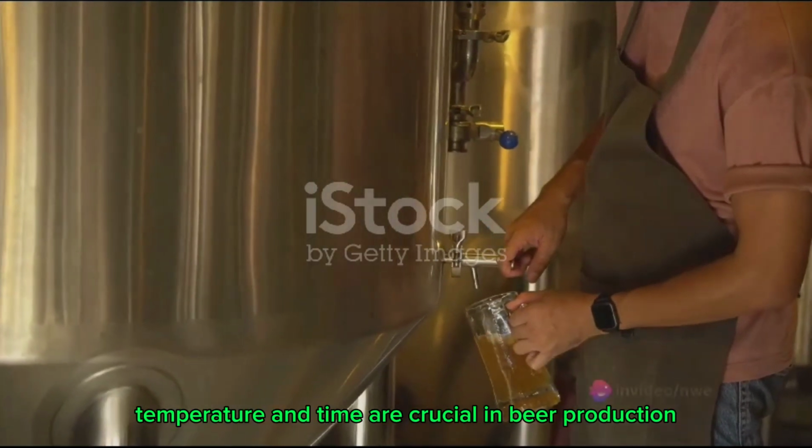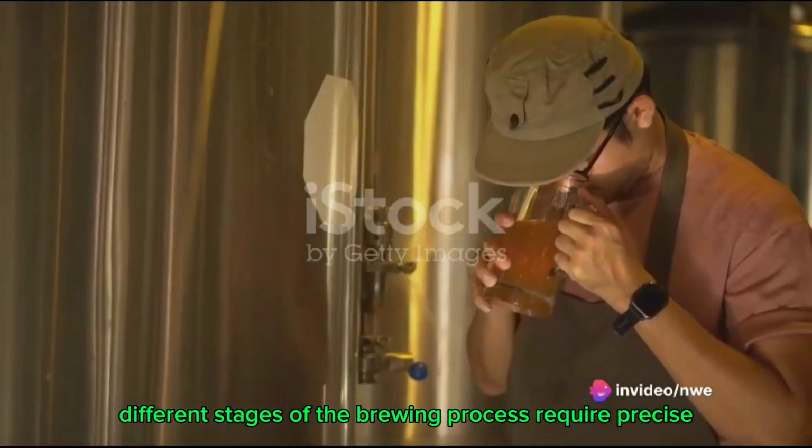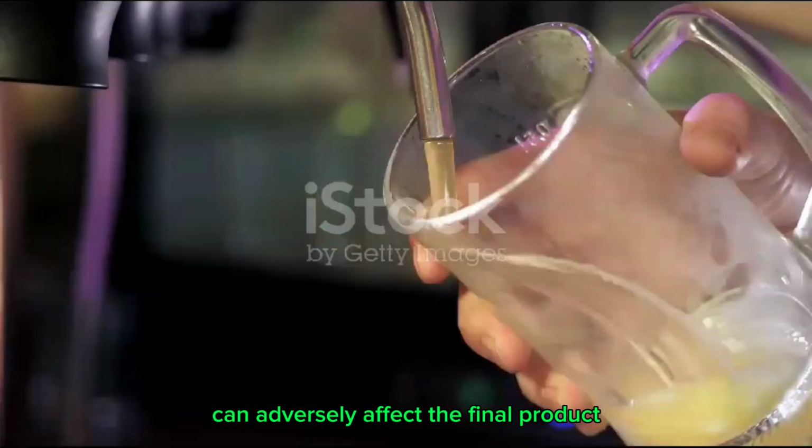Temperature and time are crucial in beer production. Different stages of the brewing process require precise temperatures, and rushing or prolonging any step can adversely affect the final